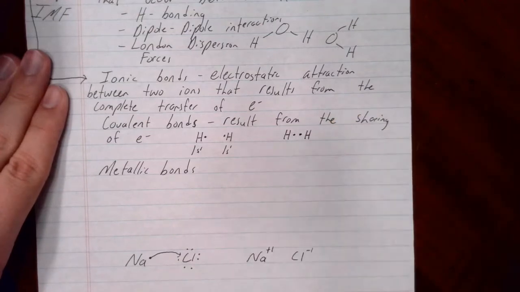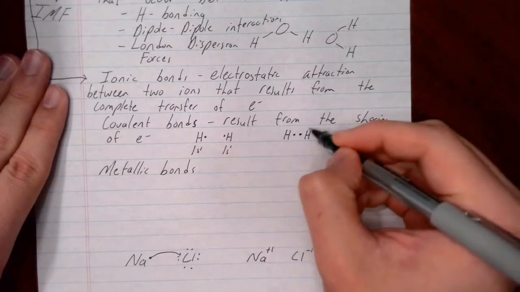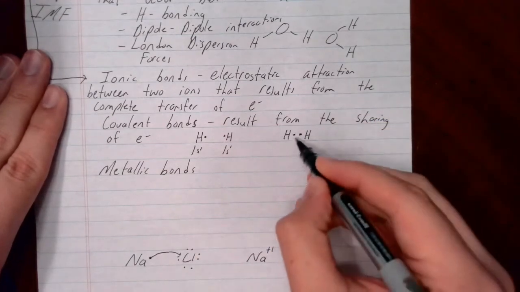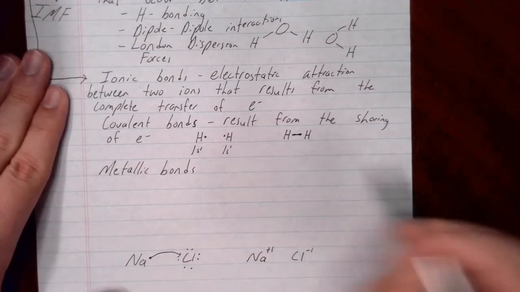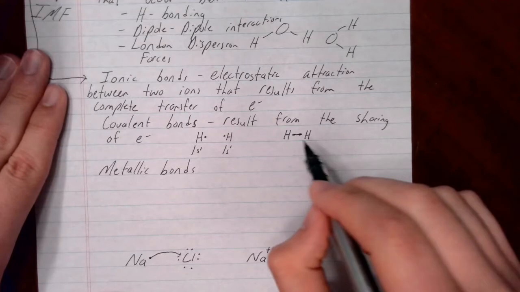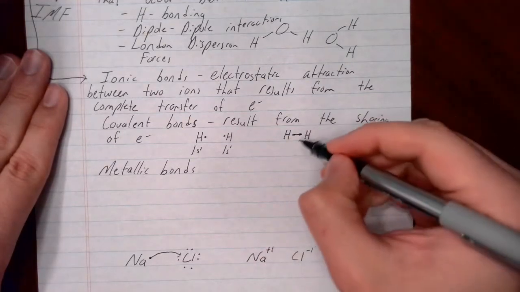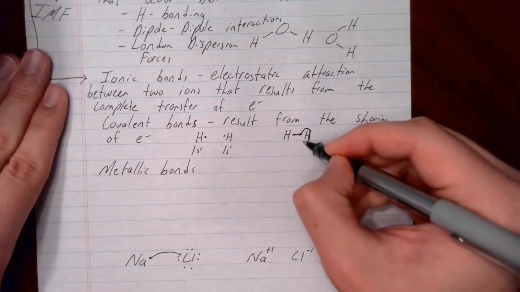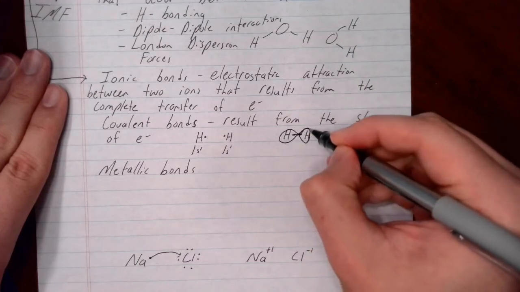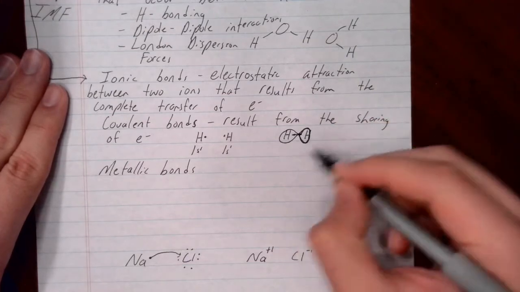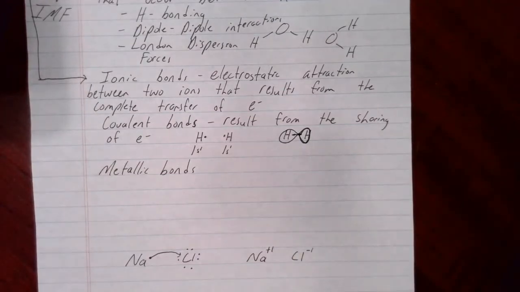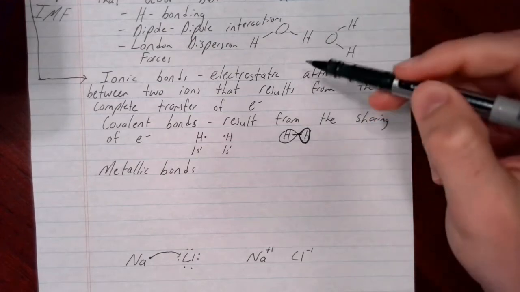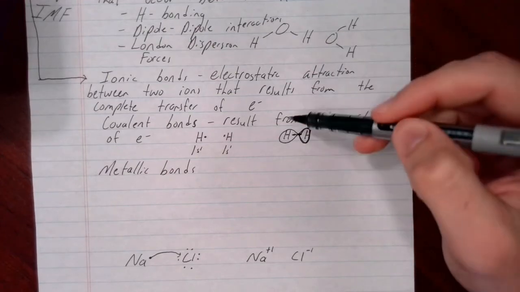And so we can say they're sharing them. So these electrons are each orbiting both of these atoms. So we show this sharing by showing there is a bond between them. Okay? So each line or each bond that we show represents 2 electrons being shared. So these electrons are orbiting in a far more complex fashion than I'm showing, but they're orbiting around each of these atoms. So these atoms are sharing their electrons, and that's a covalent bond. So those are the 2 types of bonds that we'll discuss for the majority of the course,